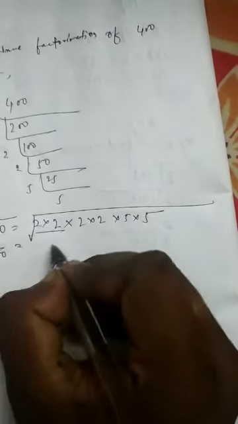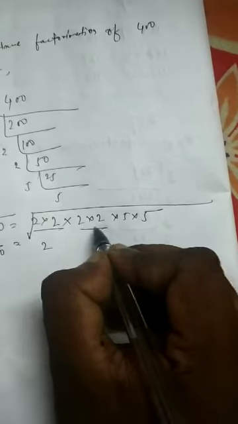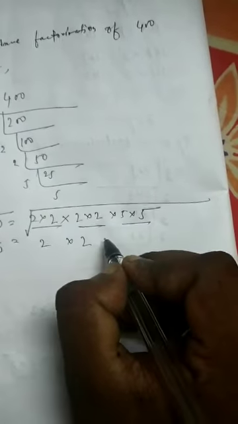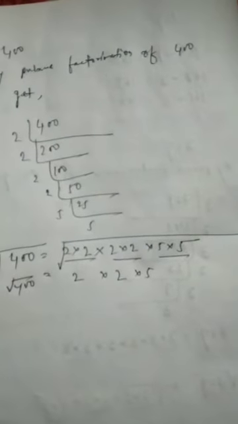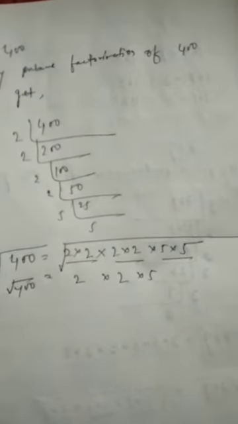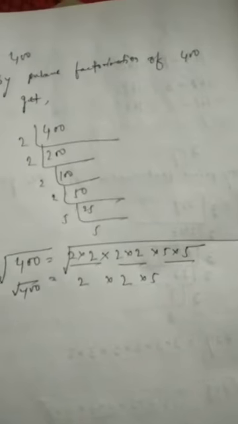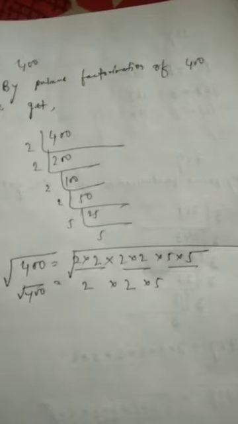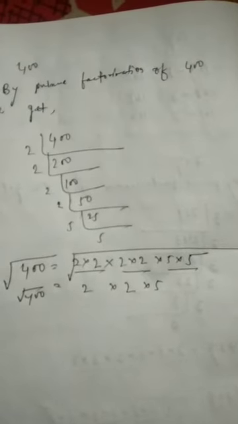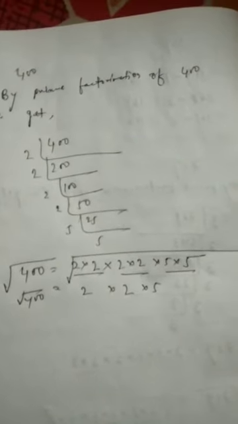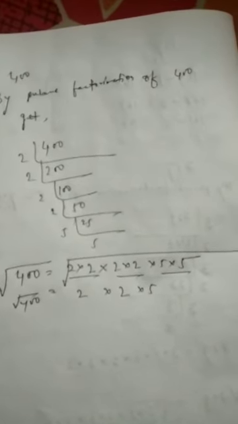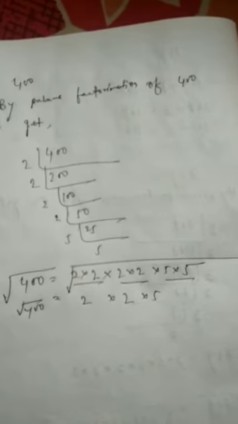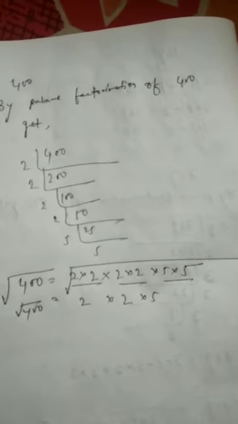Root over 400 is equal to, from here each number will come out. From this pair one 2 will come out. From this pair one 5 will come out. Here is one thing that I must mention, children. Whenever we are taking out a pair from under root over, the root gets eliminated. Means until we are not getting the pair of a particular number, the root exists. The moment we are taking it away from root over, it turns